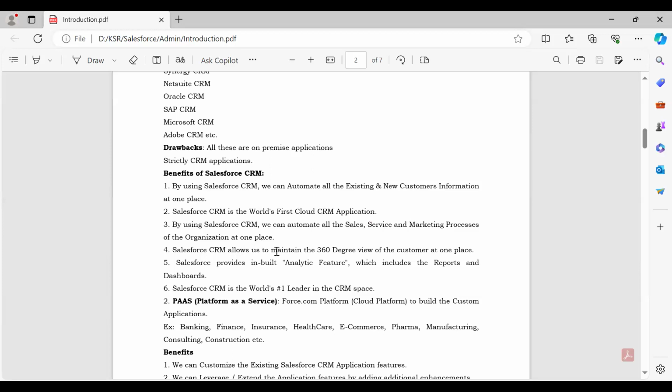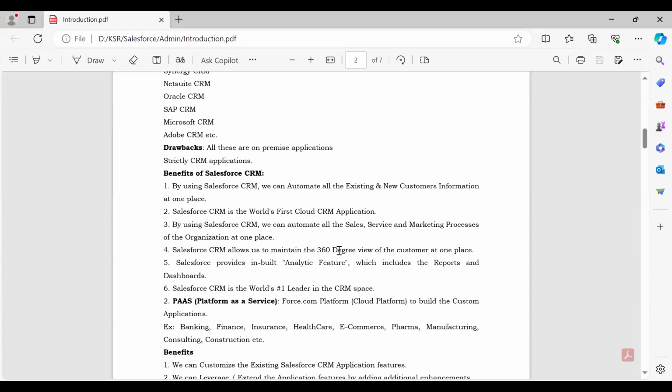Next. It allows us to maintain a 360-degree view of the customer at one place. What do you mean by this 360-degree view of the customer? It means we can store the complete data of the customer at one place. That means we can store customer basic information, customer contact information, customer opportunity information, that is, how much business he has generated with us. All this data we can store at one place,